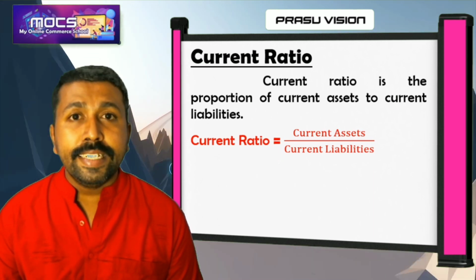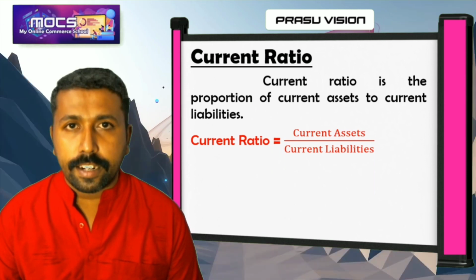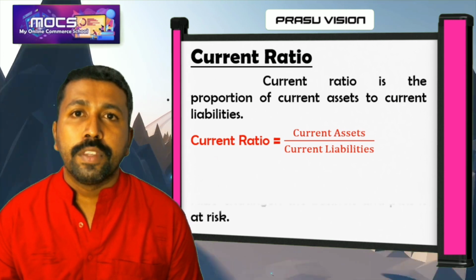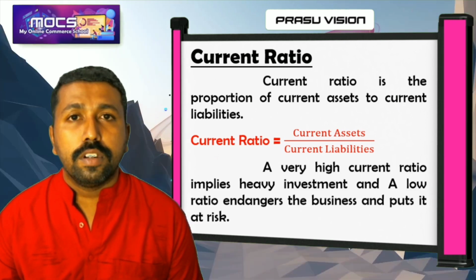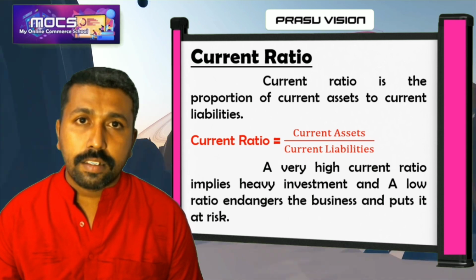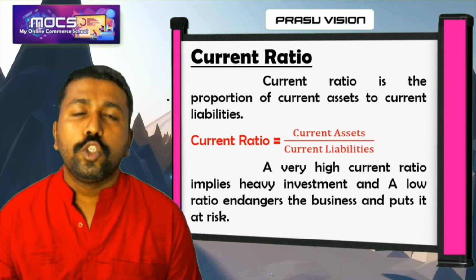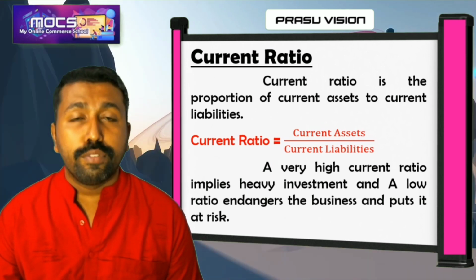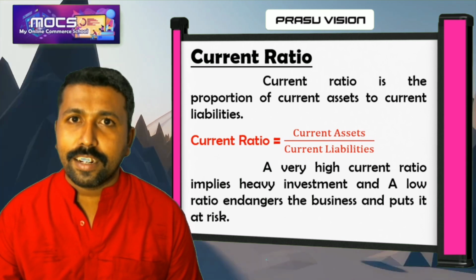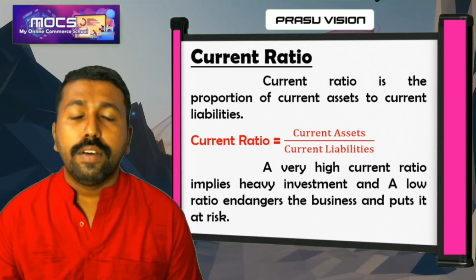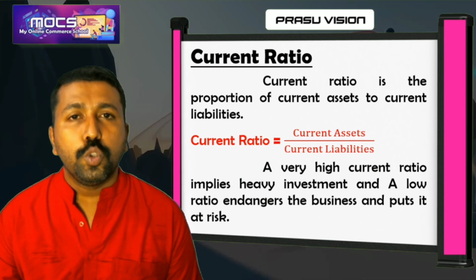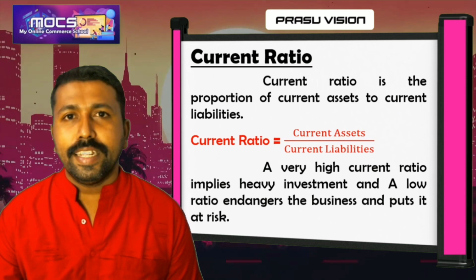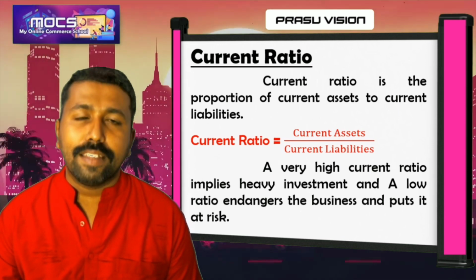So what is the ideal? Ideal means a standard current ratio. 2:1 is the ideal current ratio. Why is it so? Keep in mind that it indicates two current assets are there to pay one current liability. If we are getting a value of 2:1 after calculating the current ratio, that shows the firm has the ability to pay one current liability, maybe a rupee one current liability, with a rupee two current asset.